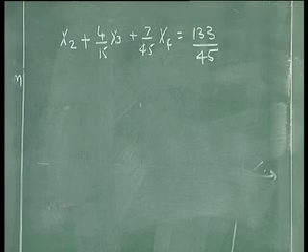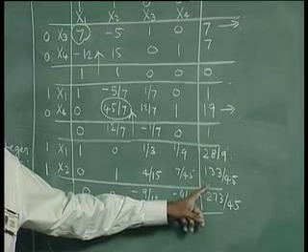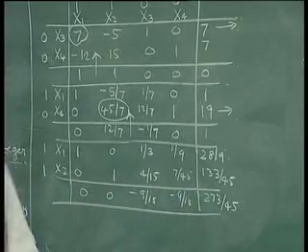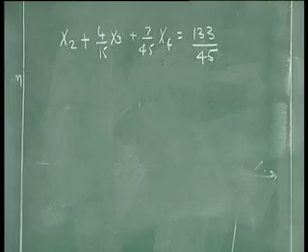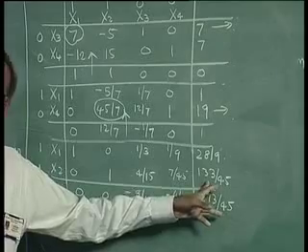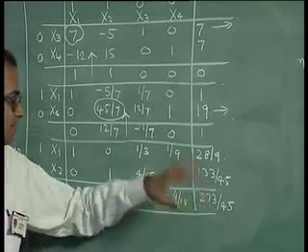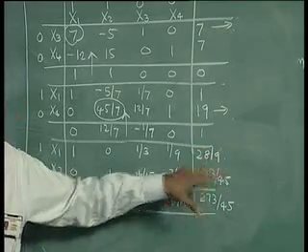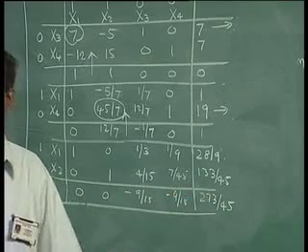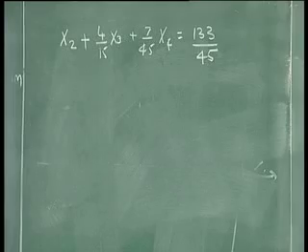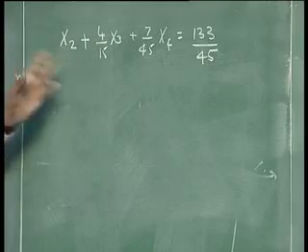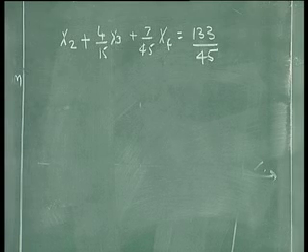Now, because this is a simplex iteration and it represents LP optimum, this will have to be non-negative. Even if it is a dual simplex iteration, it does not matter, because this represents an LP optimum, this has to be non-negative. What we do is, we rewrite this in such a way that